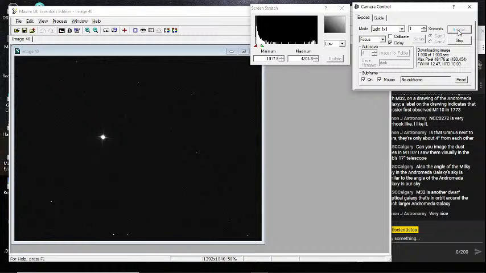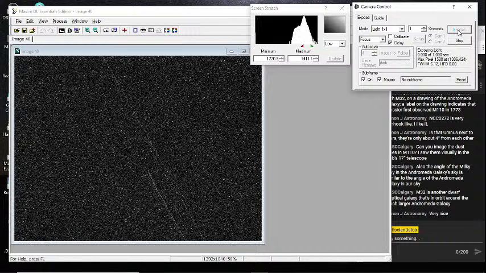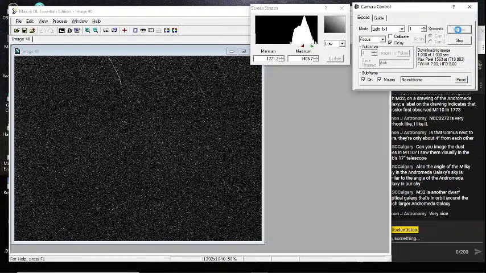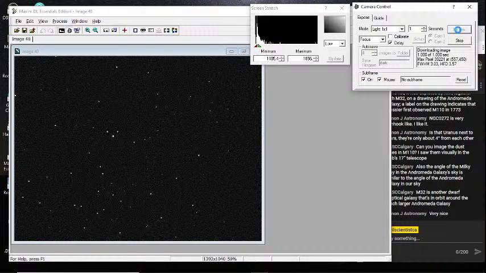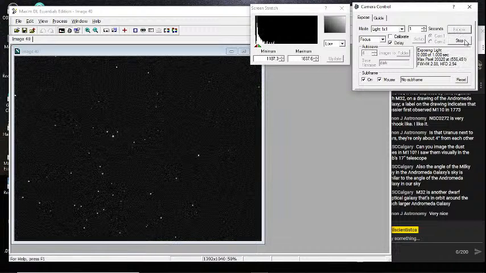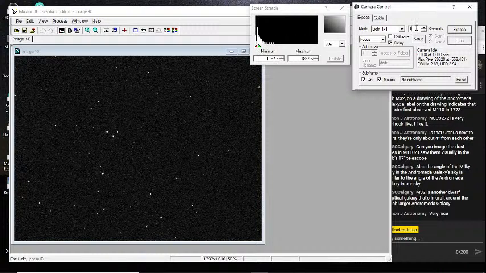And a little bit more. There we go. That should do it. Now we're going to move off to the target. This is an open cluster, and I don't know how large it is because it's not one I've looked at before. But let's go with 15 seconds because things tend to be fairly bright. And single.